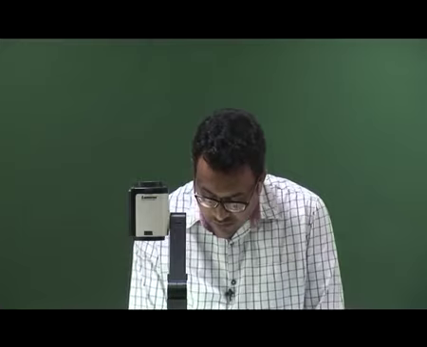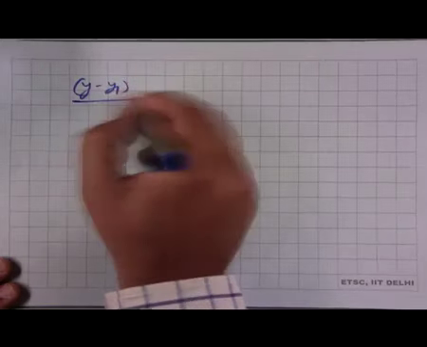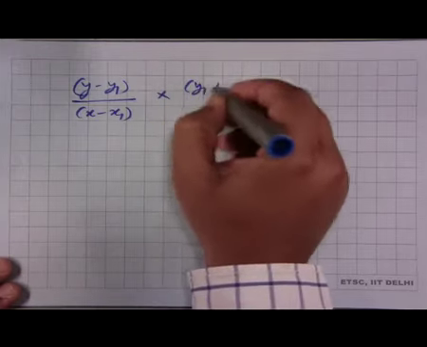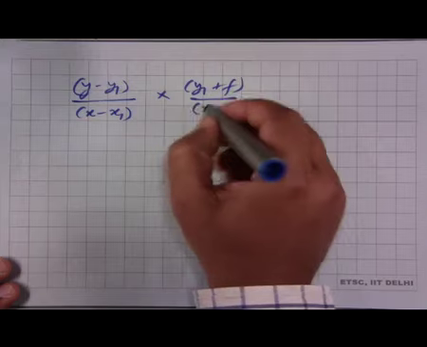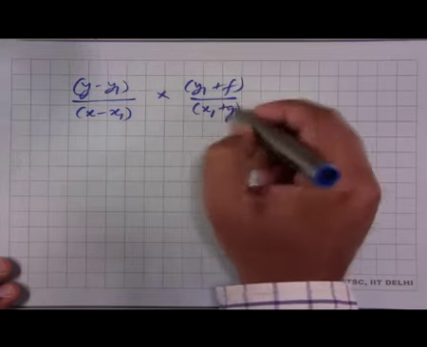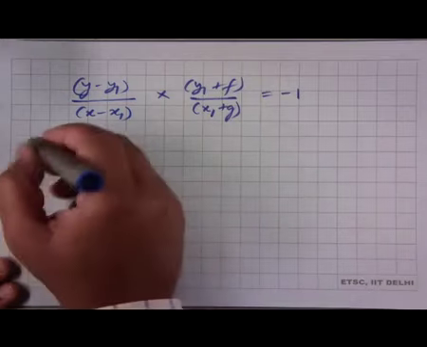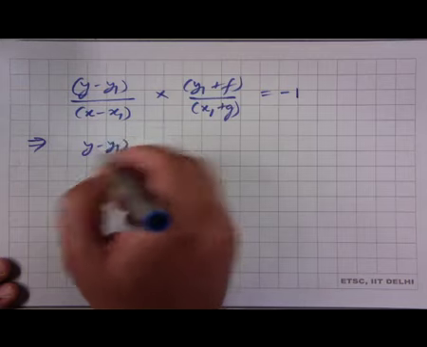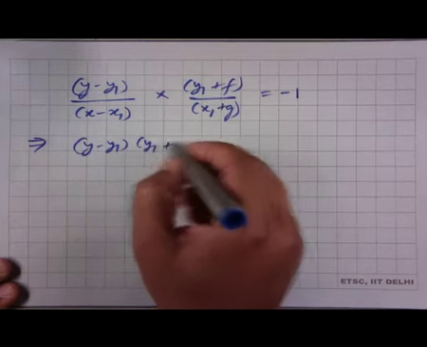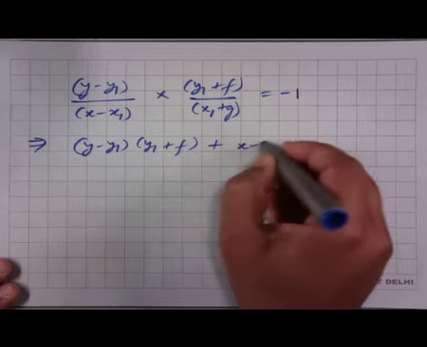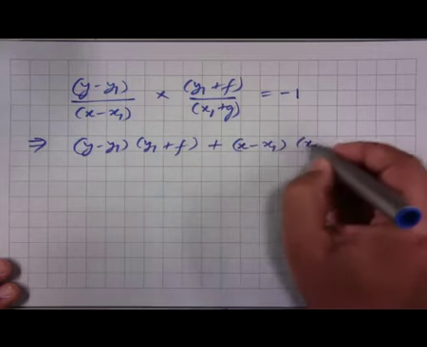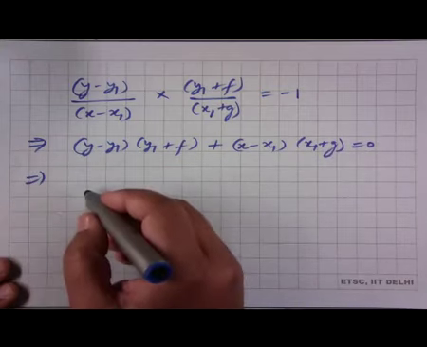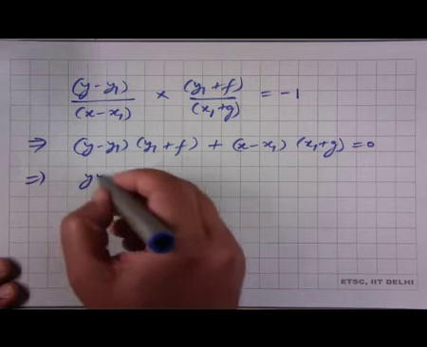So, the slope of the tangent times the slope of the line OP is minus 1, which implies that, and a little bit of simplification gives us